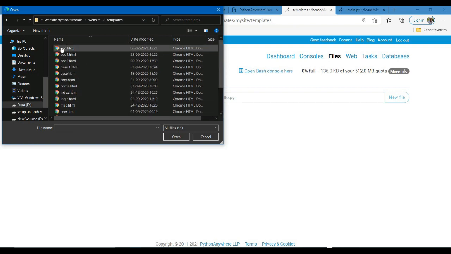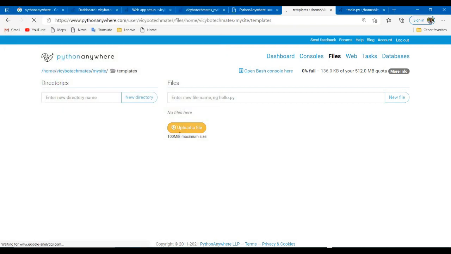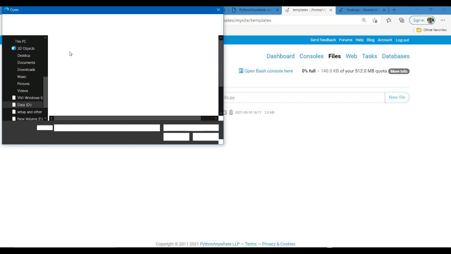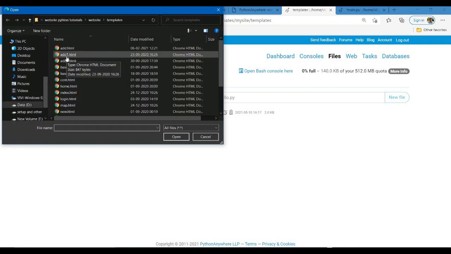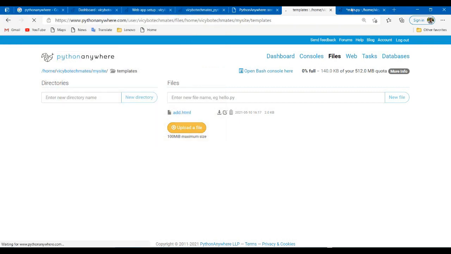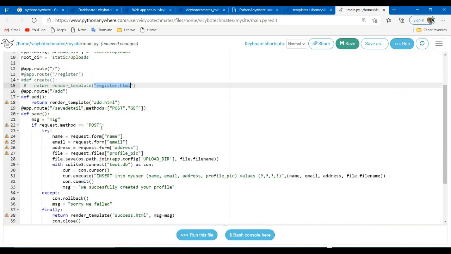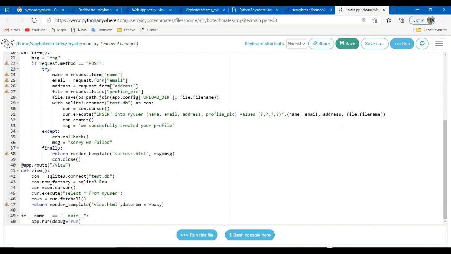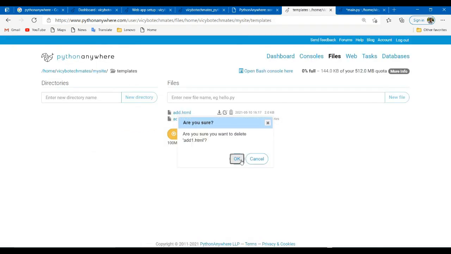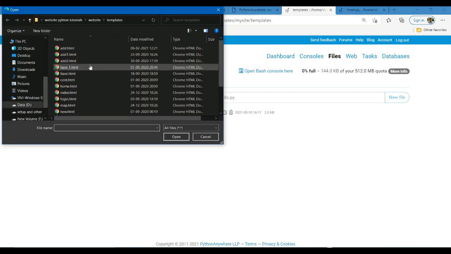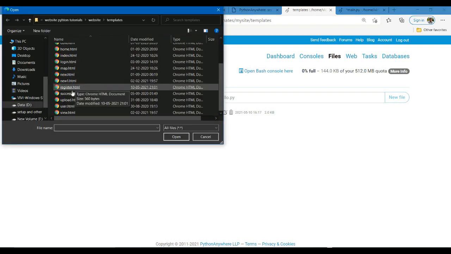Okay, open, upload a file. Okay, what are the files? Just see what HTML files you have written here. Add.html, another thing is success.html, view.html. Those are the three HTML files. So we are gonna add them. So just delete this. Okay, add